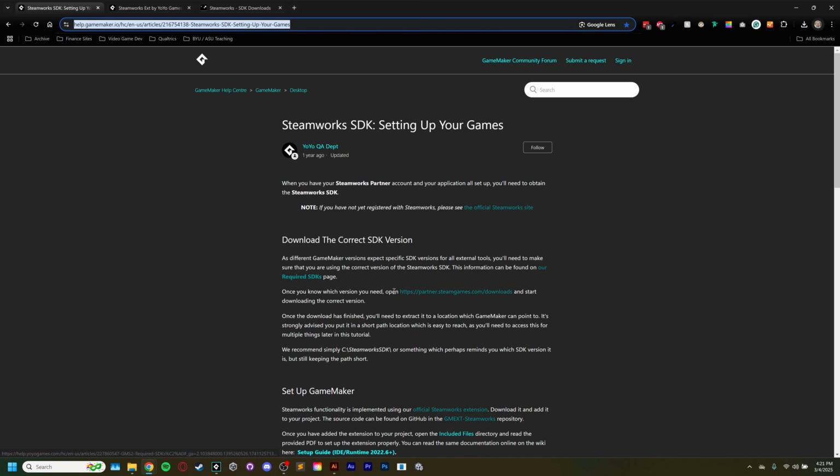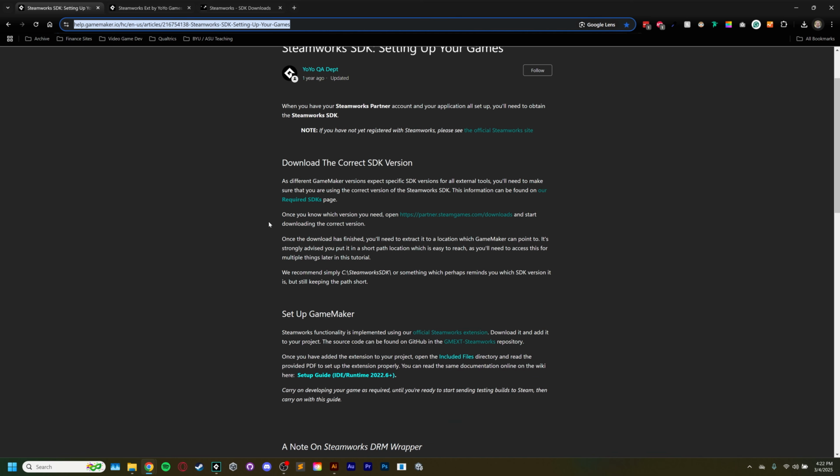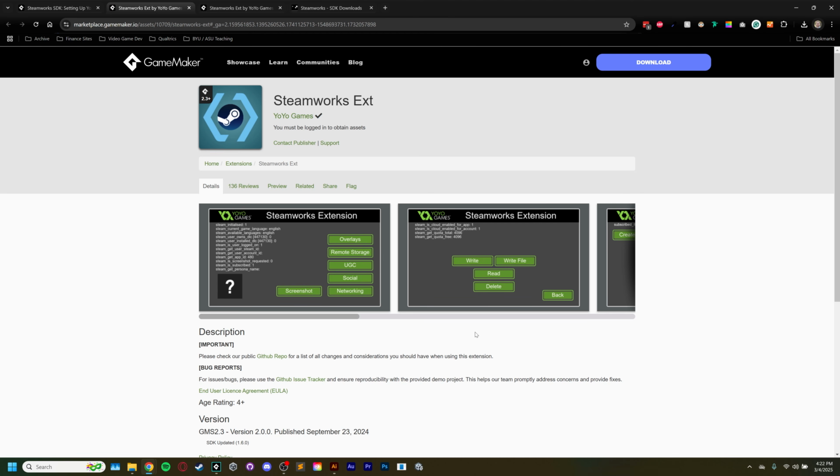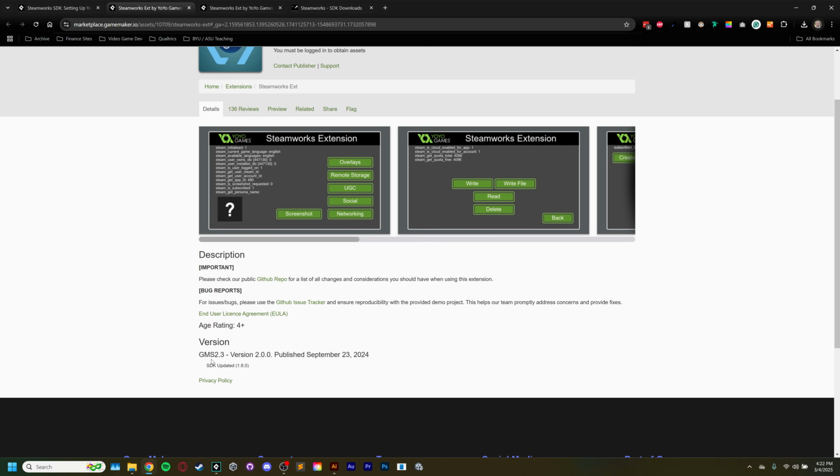This page is nice, but ultimately, I don't know that you even need to navigate to it, because in the marketplace, the extension that you'll be installing for GameMaker will also tell you which SDK you need. So if I come to this URL here, Steamworks functionalities, I'm using our official Steamworks extension. This link here is going to take us directly to the GameMaker marketplace. I'm going to go ahead and click on that. And here we are in the GameMaker marketplace, and it tells you right here, if you're on GameMaker version, what was that, GMS 2.3, version 2.00, you'll need the Steamworks SDK